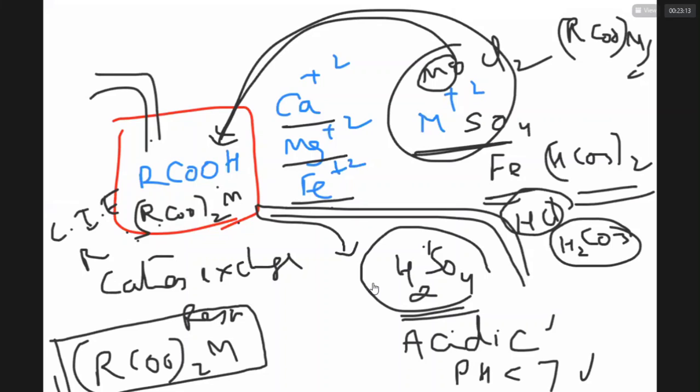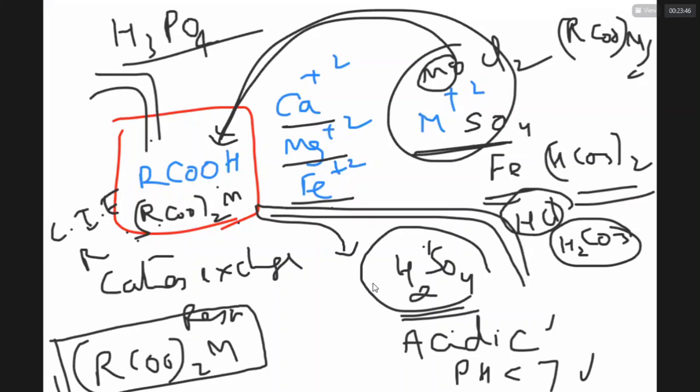Then if you want to make it useful again, you pour phosphoric acid solution. The phosphoric acid will take calcium, magnesium ions and give H+. Again, it will convert the metal carboxylate into RCOOH. This method of making the cation exchange resin useful again is called reclamation. What is it called? Reclamation. One can reclaim the cation exchange resin using sulfuric acid or phosphoric acid.